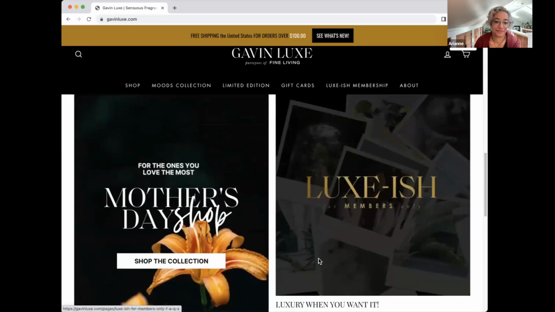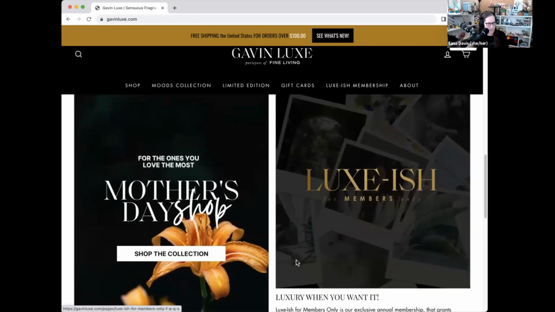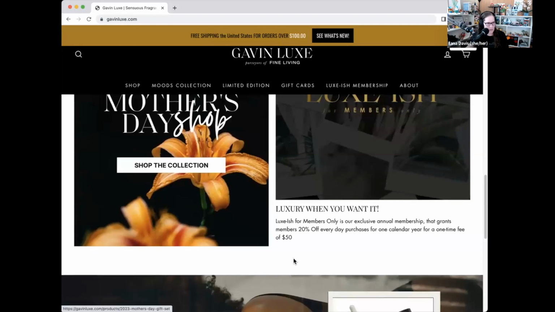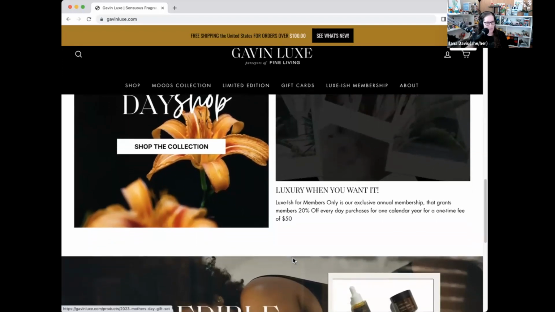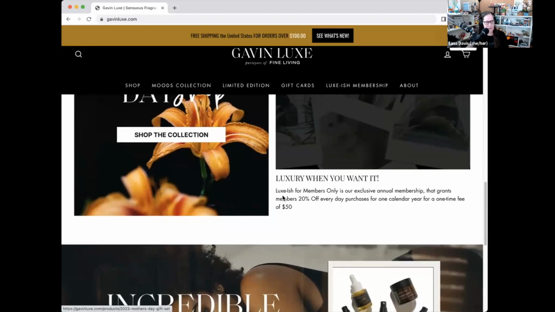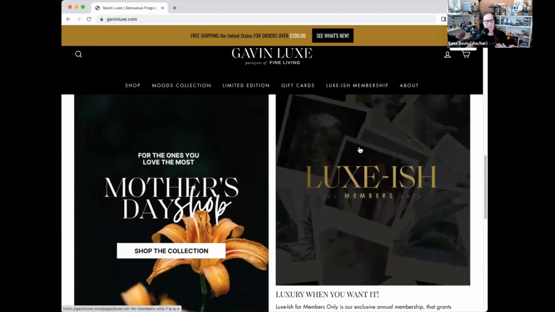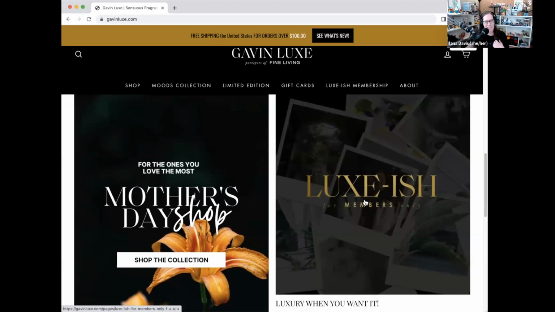Okay, I want to keep scrolling. We already talked about the text on images. This feels like it's almost a weird spot for this. You're talking about exclusive memberships. Is this like if I sign up for your newsletter, or do I have to become a member? What does annual membership mean? What does that entail? And there's no link in this. Oh, it's this. I didn't catch that at first.